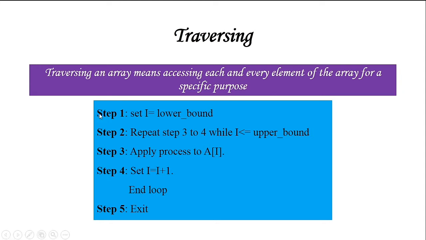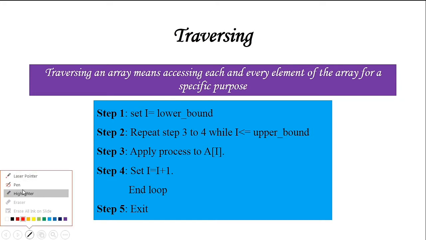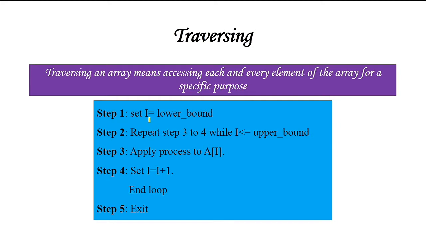So step 1: I is equal to lower bound. Why are we setting I equal to lower bound? Because the array starts from 0 to n minus 1. So I is set to 0 initially. Next, in the second step, repeat steps 3 to 4 while I is less than or equal to upper bound. That means upper bound will always be n minus 1 in the array. So 0 to n minus 1 we are going to